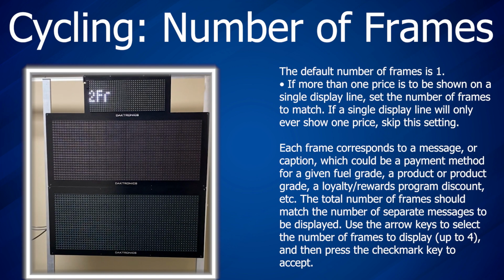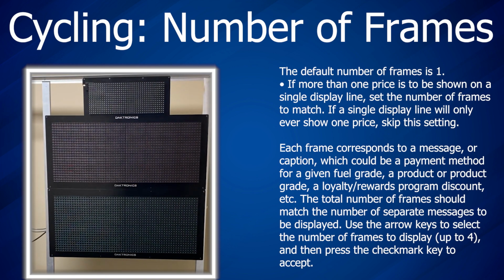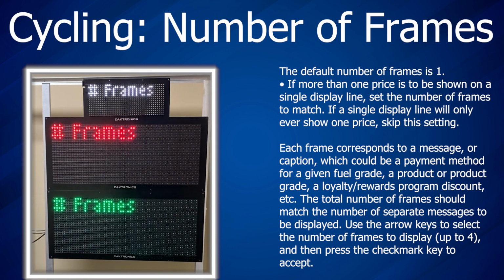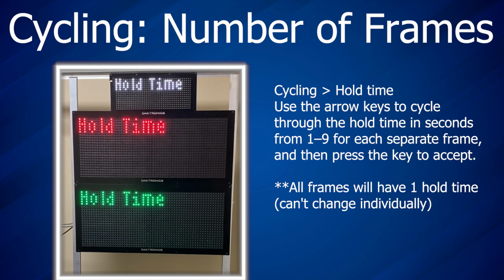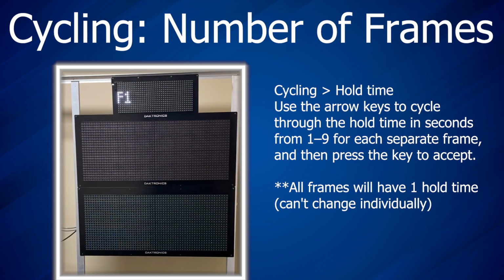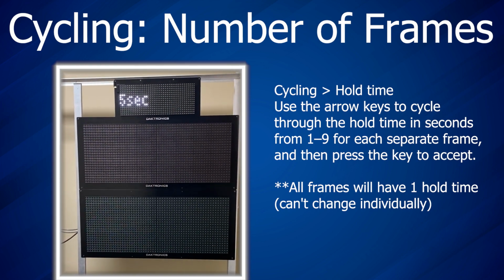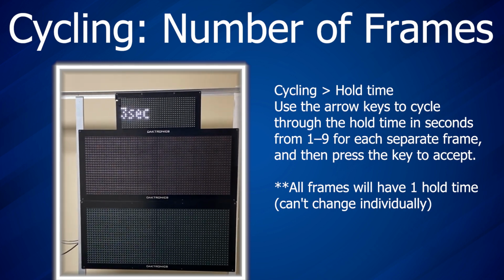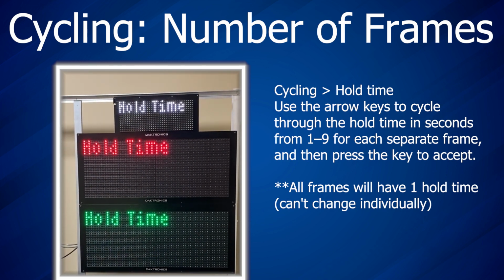If more than one price is to be shown on a single display line, set the number of frames to match. To do this, use the plus and minus keys to select the number of frames to display, up to 4, and then press the checkmark key to accept. Once setting the number of frames, you can then set the hold times between frames by using the plus and minus keys to cycle through the hold time in seconds from 1 to 9 for each separate frame. Once set, press the checkmark key to accept. It is important to note that all frames will have one hold time. These can't be